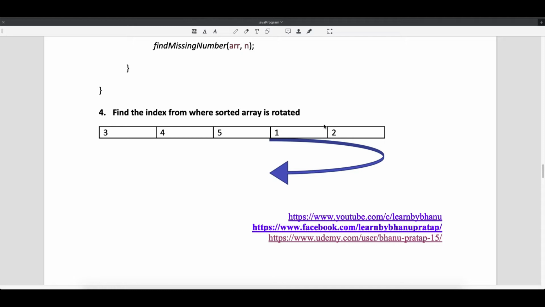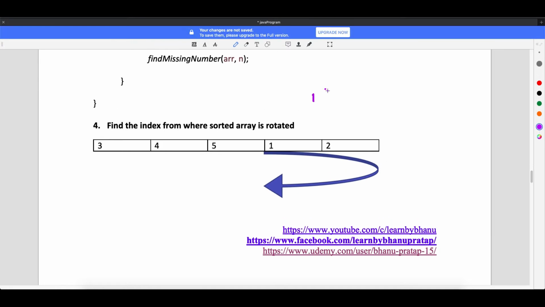So in general, when your array is a sorted array, you know how it will be. It will be 1, 2, 3, 4, 5, right? In general, the sorted array. But when you look here, your array is 3, 4, 5 and 1, 2, which means your array is